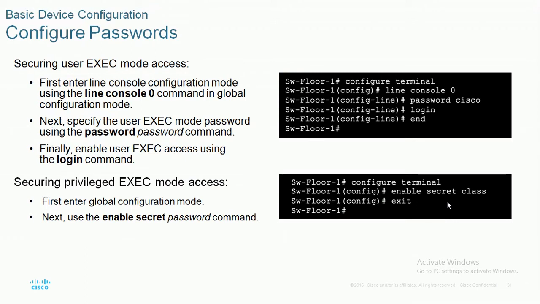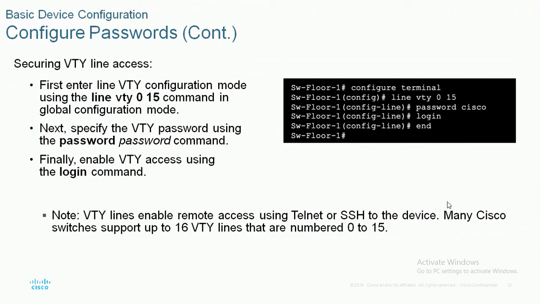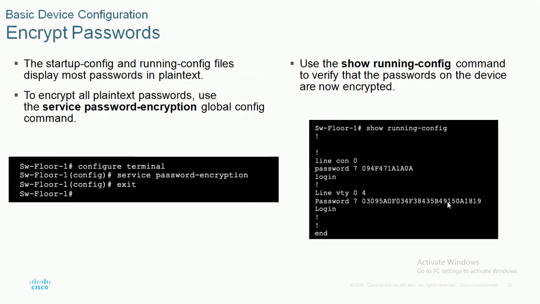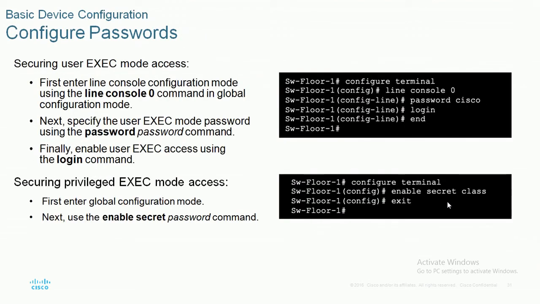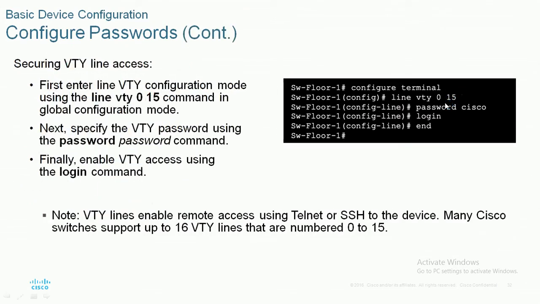It is a very secured algorithm, that is MD5. Okay, and generally the console will be accessed by only a single administrator. That's what we gave as line console 0. Line console 0. Okay, for VTY, like secured connection, secure shell or telnet, we are going to use 15 connections, like 16 users can access at a time. Okay, 16 VTY lines that are numbered from 0 to 15.